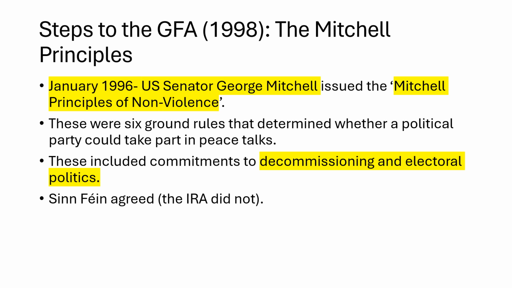But in terms of more hardline Republicans, willing to use violence, Sinn Féin is the party, and they're quite significant. They're the second biggest party in nationalist politics at this point in time, and without them, the agreement would probably fail. So Mitchell's given them an opportunity to enter these talks in a way that would be acceptable, and that helps to bring about the Good Friday Agreement because it allows for Sinn Féin to be included.